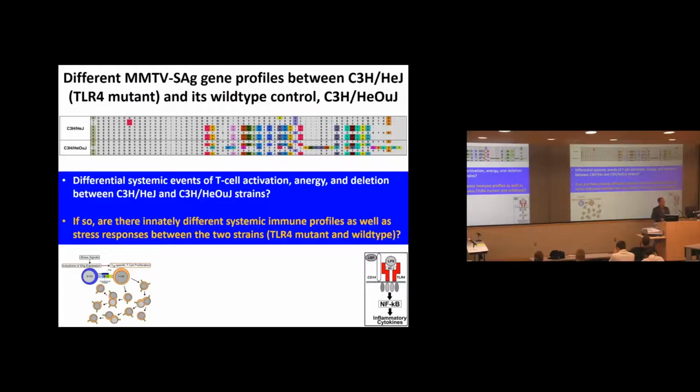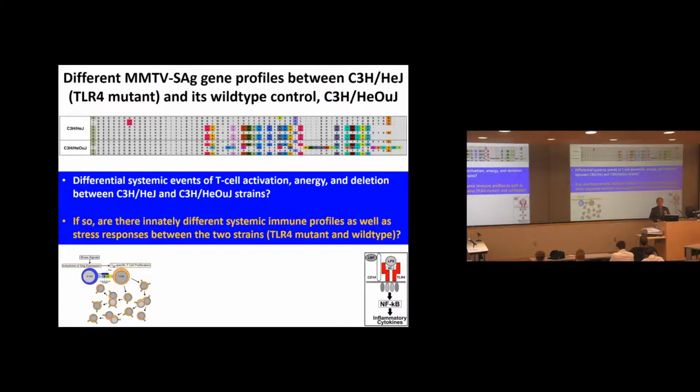So this data shows HEJ and OUJ, how they are different in terms of MMTV superantigen profile in their genome. The C-terminus of superantigen decides the V beta or T cell specificity, and it shows the C-terminus of these superantigens. As you can see here, HEJ and OUJ have quite different superantigen profiles. So that means HEJ and OUJ should have